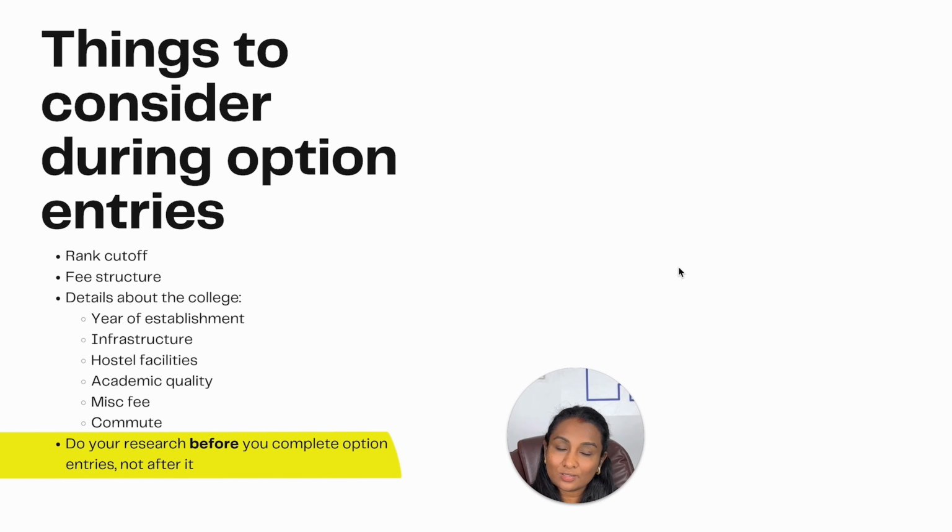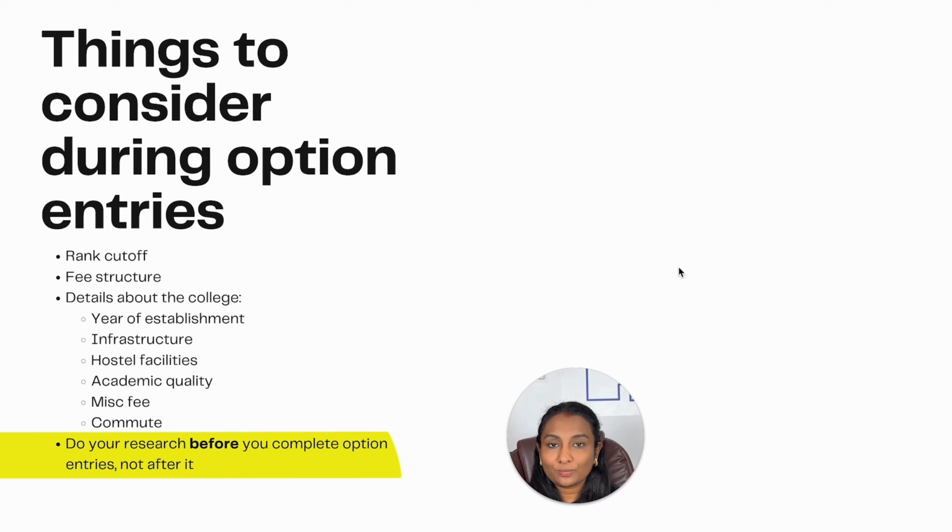Hostel facilities. We've seen many times that after seats are allotted, sometimes parents have backed out because the hostels were not up to the mark. So look at the hostel fare, because it is a matter of 5.5 years, as we said. And hostels are mandatory in many MBBS colleges. So look at that properly. Academics, of course, the teaching quality and academics of a college.